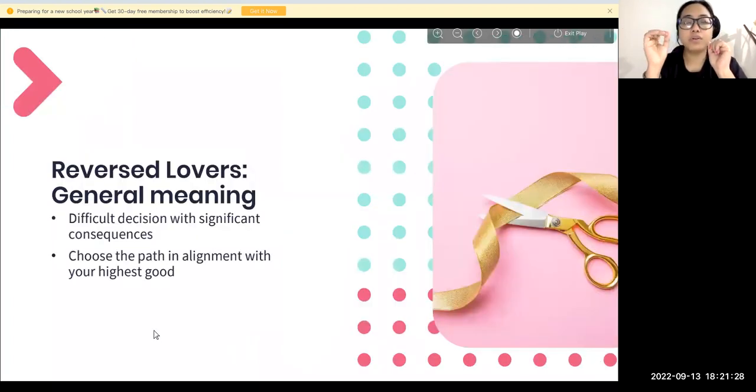And it is also important that you look at if it's coming in the reverse position, it means that you are having a lot of difficulty in making an important choice in life, important decisions in life. So choose the path in alignment with the highest good. Always remember to connect with your cards and ask the higher energies to help you. But when will this happen? This will only happen when you choose alignment with the highest purpose. Whatever you're asking, you're choosing from your heart, and whatever you feel is right, that is the higher purpose for you.